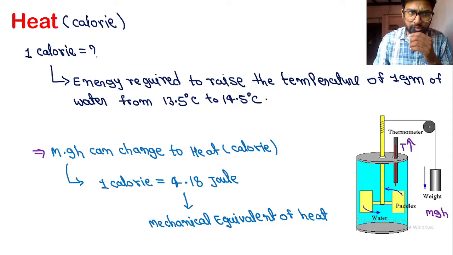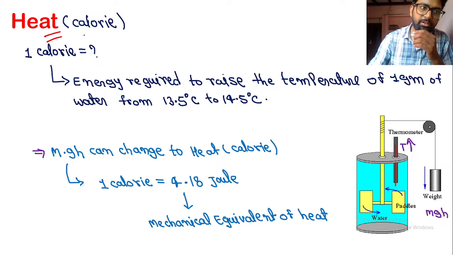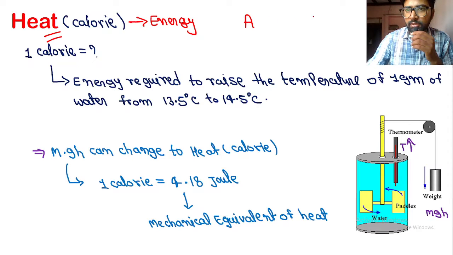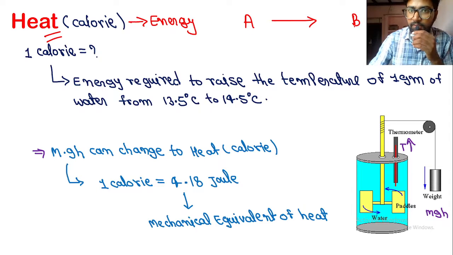So the first concept is heat. As we know, heat is energy. Suppose this is body A and this is body B. When we transfer heat from A to B, the temperature of B increases as compared to body A. So we can say that energy transfers from body A to B, and the unit of heat is